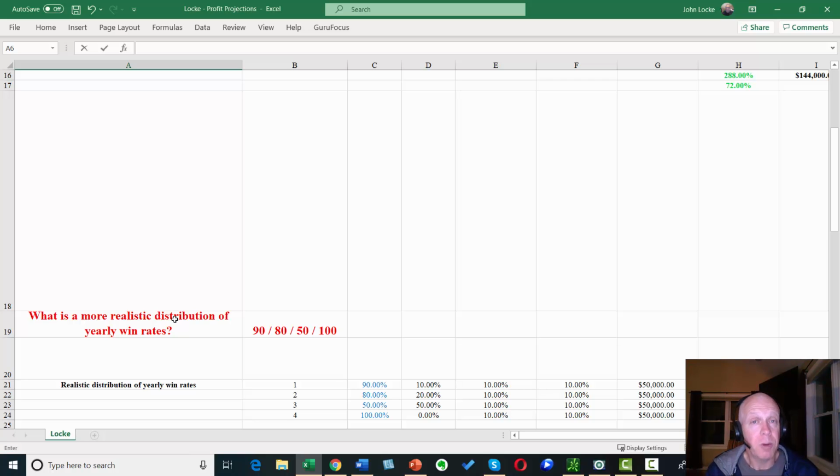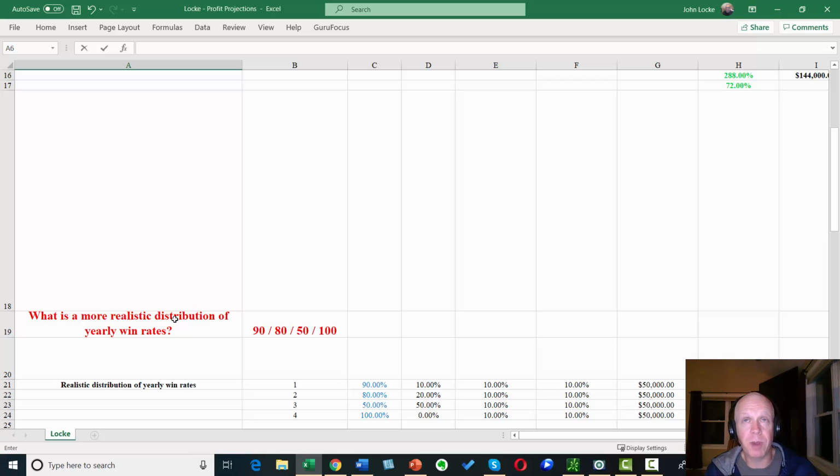But you have to remember, if you get a 100% win rate for 3 years in a row, and you have a strategy that wins 80% of the time, just in order for the win rate on that strategy to go back to 80%, your year 4 has to be much less than 80%. It might be 70%, it might be 60%, it might be 50% or less, because that's what has to happen in order to get our long-term average of 80%.